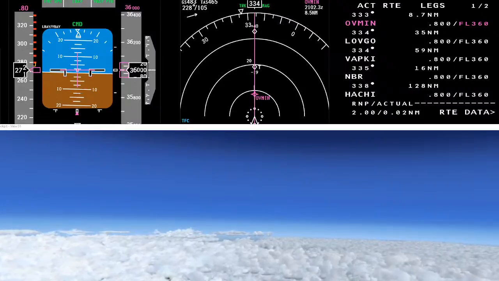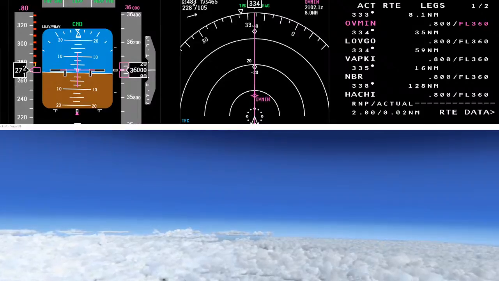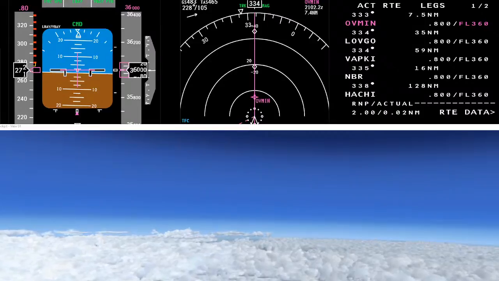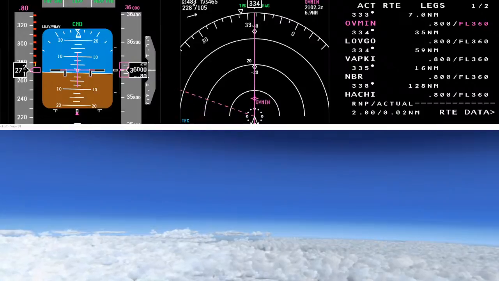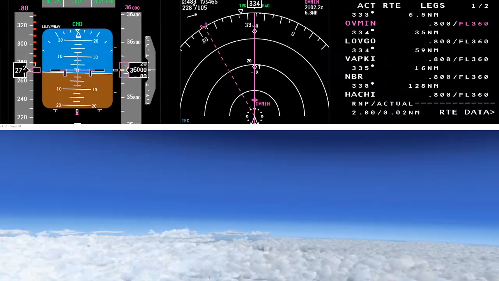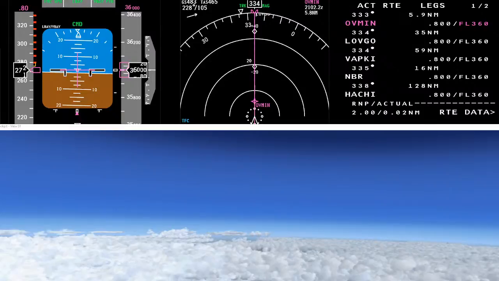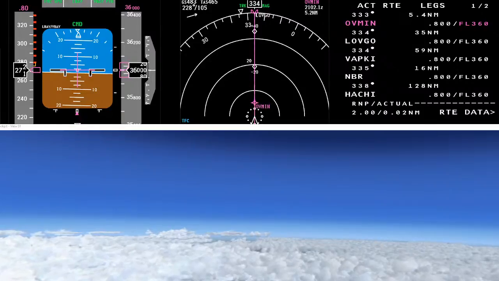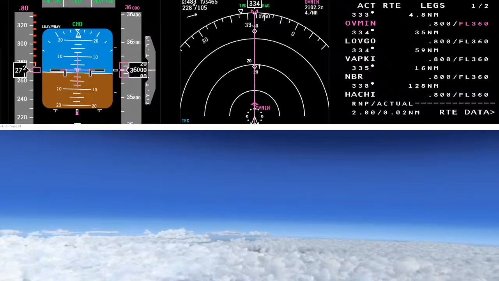Left heading 320, Lufthansa Cargo 8286. And any chance for higher for Lufthansa Cargo 8286? Transcargo 8286, you can expect further climb shortly.